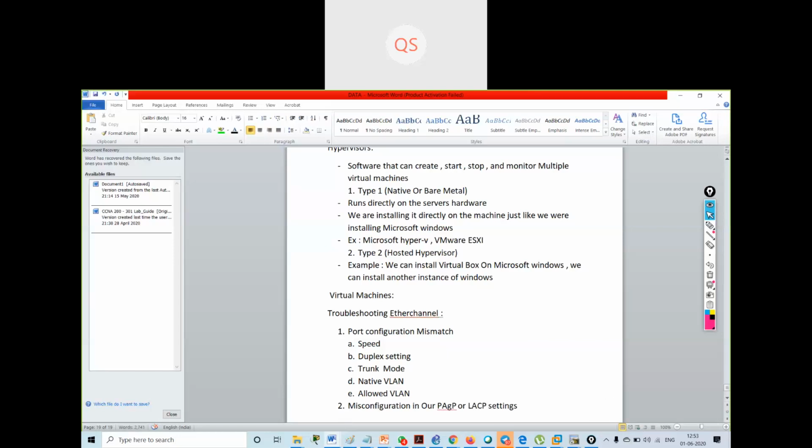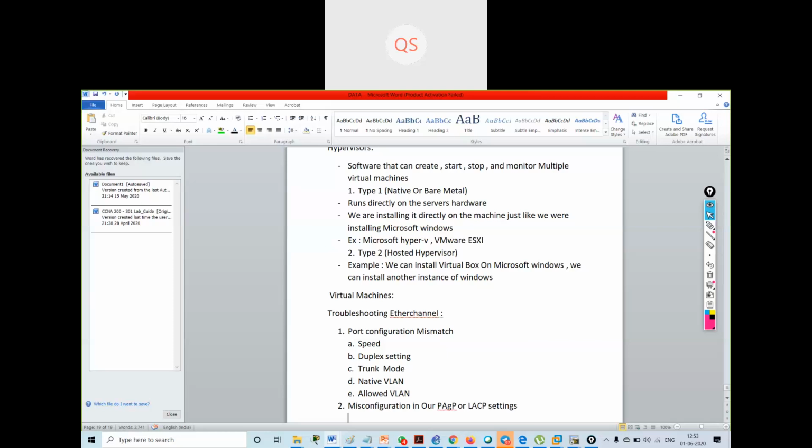What is PAgP? PAgP is Port Aggregation Protocol. That is a Cisco proprietary protocol that will allow us to form a channel and allow a link to join an EtherChannel bundle, correct? Now, if we are running PAgP, we have to see that